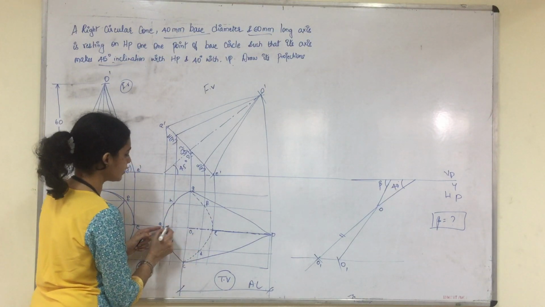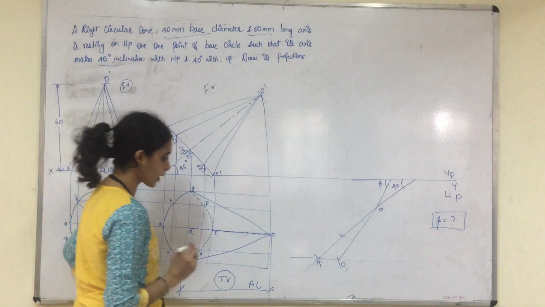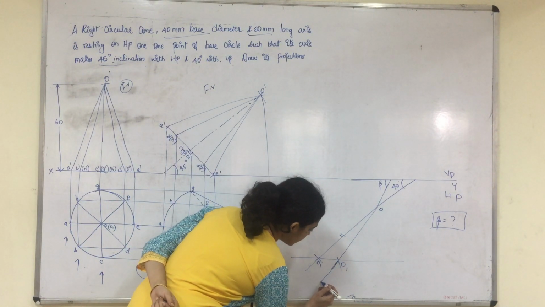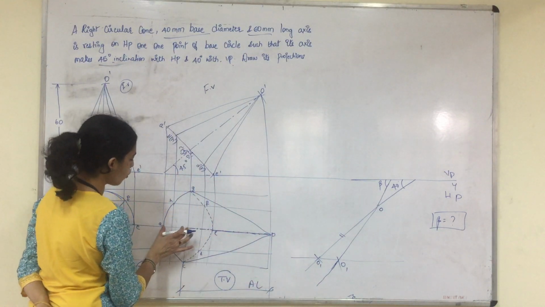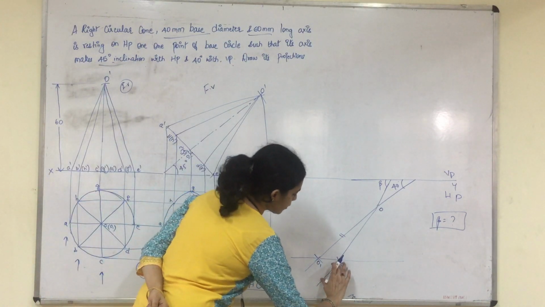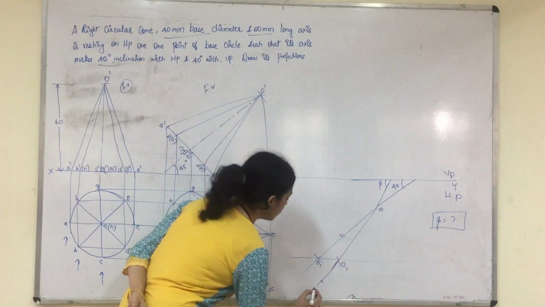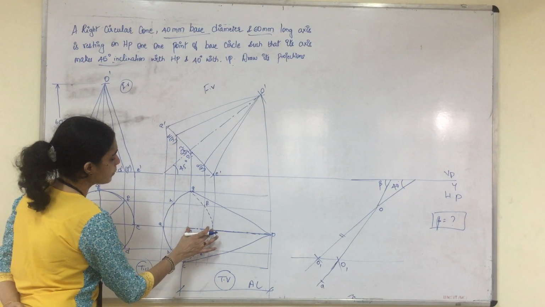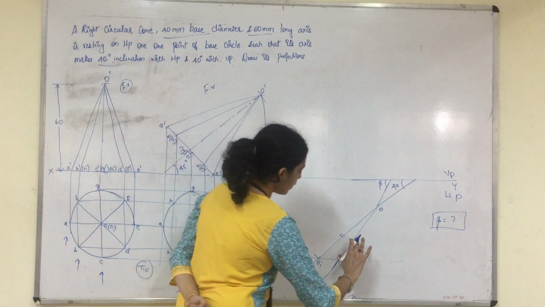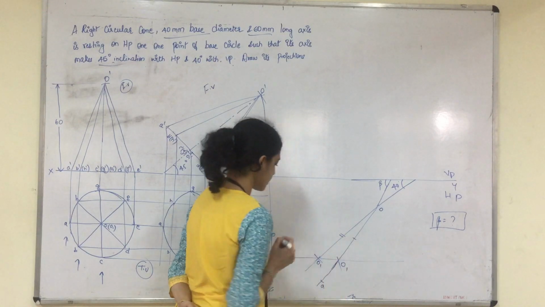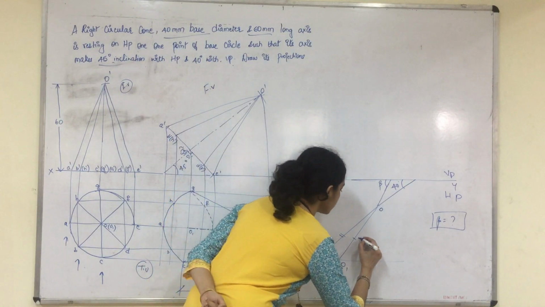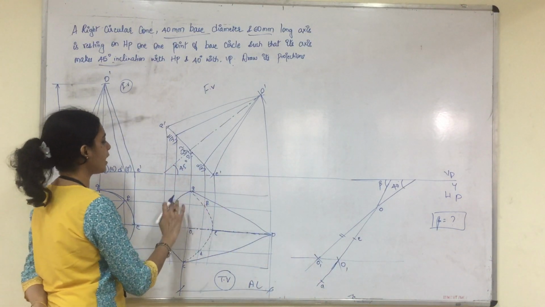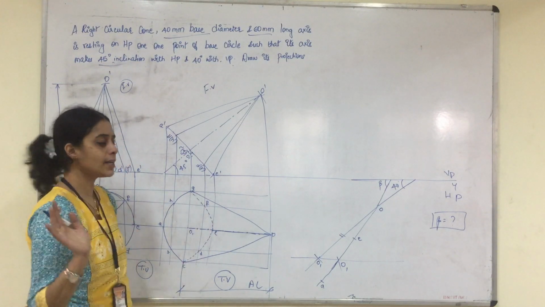If you just extend it a little bit backside, we will get the point A. So you just extend the axis, the apparent length of the axis, a little backside, and you measure from O1 to A what is the distance. Come back here and just cut an arc. So you get the point A. Similarly, from O1 to E, measure what is the distance. Come here and just cut an arc on the axis. So it is point E. Now we got A and E. The other points G, H, F, B, D, C are to be determined.